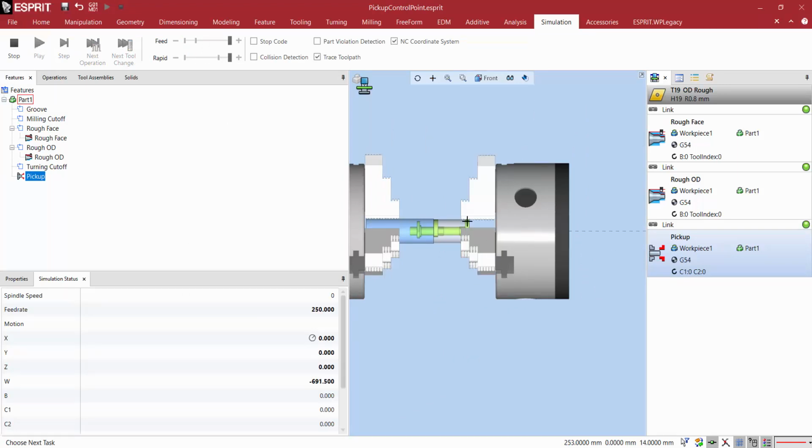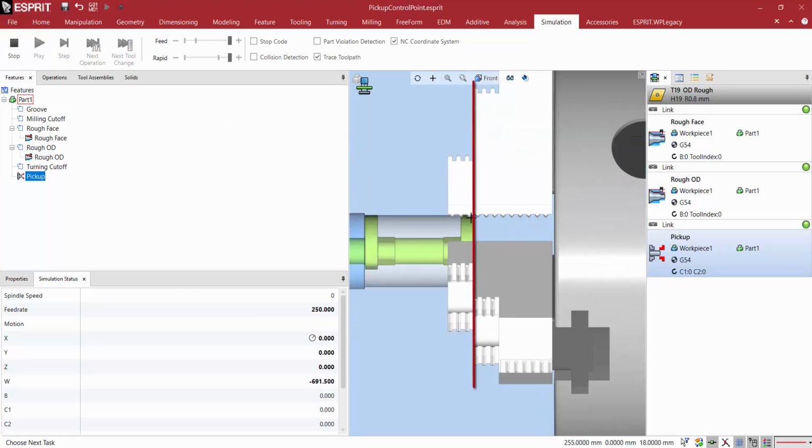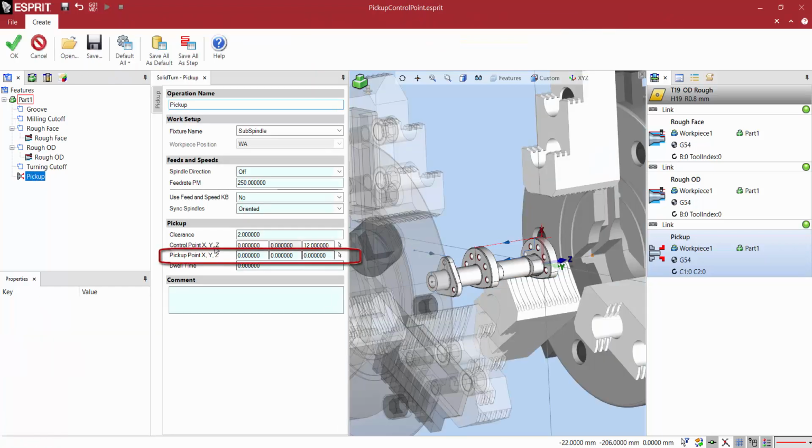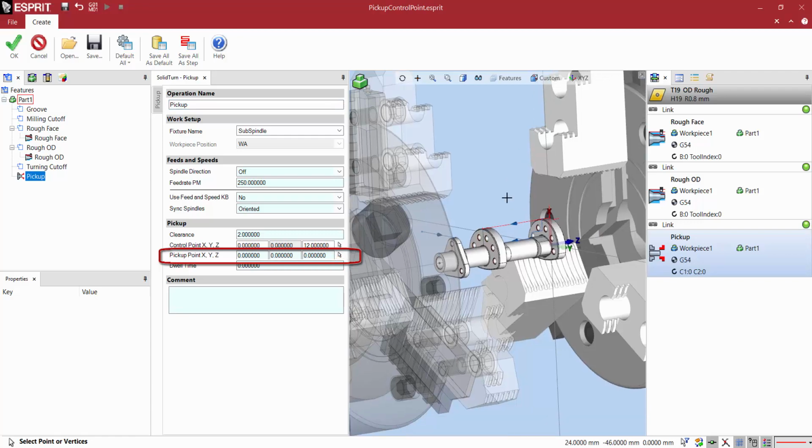I run the simulation. I can see now that the pickup occurs at the face of the jaw that we selected and at the final face of the part. I stop the simulation and this time I go back in the pickup operation to edit the pickup point. I will digitize it in the graphic area